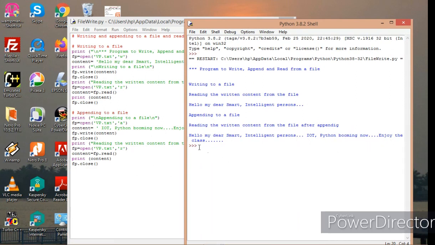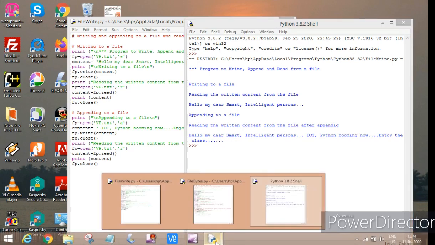So this is how you can write content to a file, and later you can append the content to the existing file.